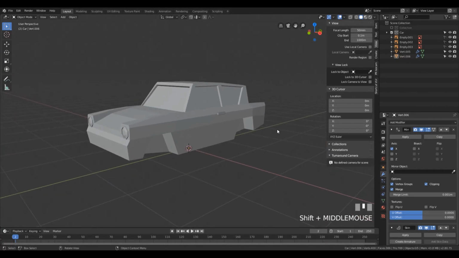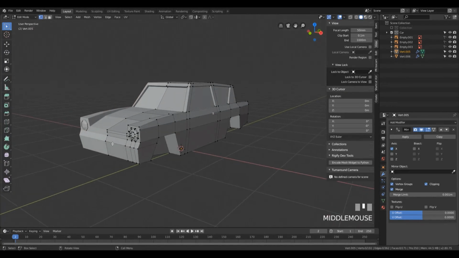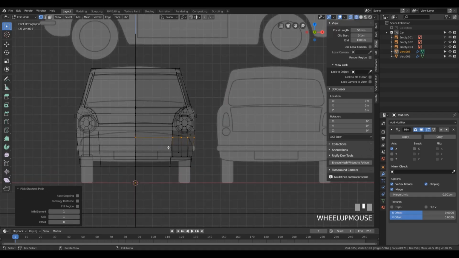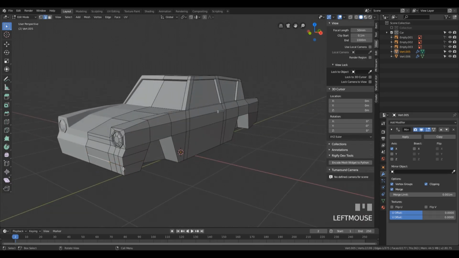And I will do the same thing with the bumpers. So let me just select this and this, or rather I want the bumper to be lower, I think. Yeah, it's all the way down here. So maybe we can use a new loop cut for this purpose. So make a loop cut,